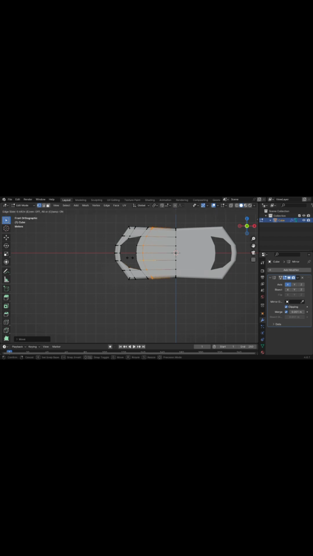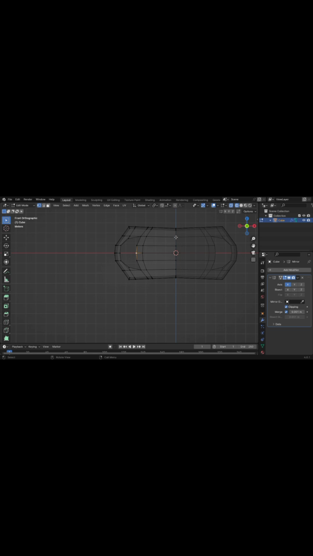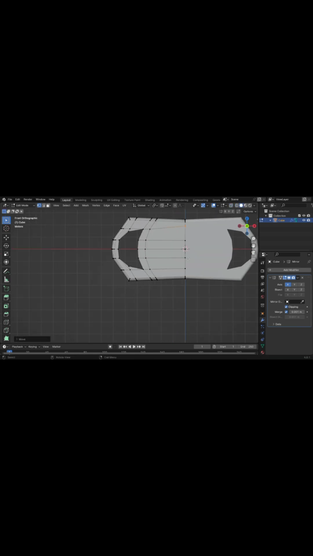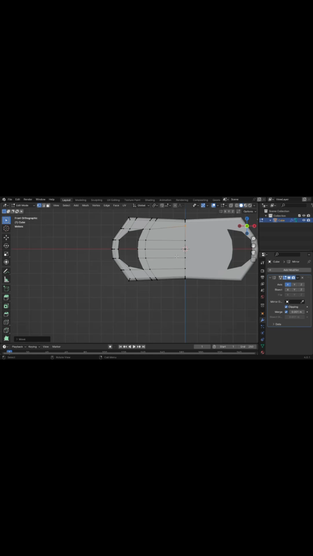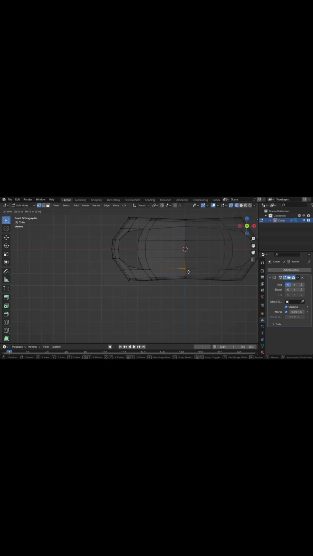Something like that should be fine. Control R will add that loop cut for you anyway. So you want to select this and move it up a little bit. Something like that. And we want to, in wireframe, select this one too and move it down like that, because the water game is